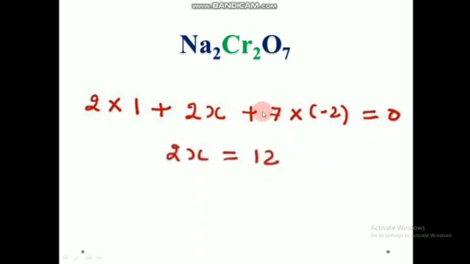So we are taking that minus 12 to this side. So it will become 2x is equal to 12. Hence x will be equal to 12 by 2, which is equal to 6. So x is equal to 12 by 2 is equal to 6. So the oxidation number of chromium in Na2Cr2O7 will be equal to 6 or positive 6. So this is how we solve the oxidation states, or we find out the oxidation states of each element in